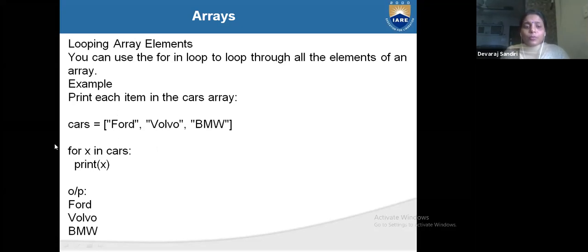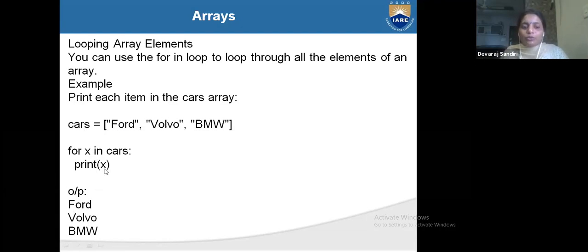What is a for loop? Cars has 3 strings written. After that, write: for x in cars, print x. What is print x? x will be first cars of 0, Ford, and it will show the output.